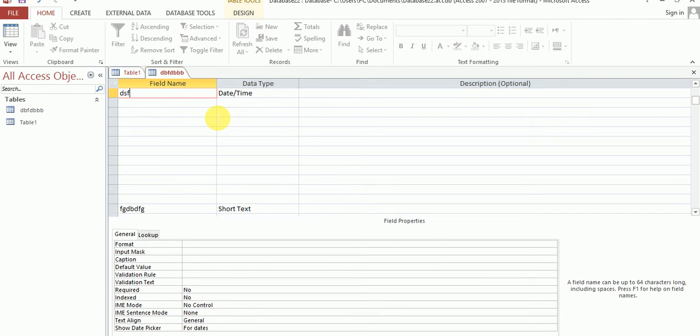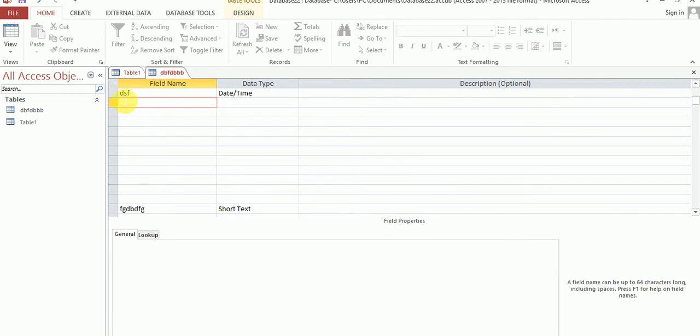You can insert a new field and delete any field. You can also change the name, data type and other parameters of the field. So it's called modifying. Modifying means you can insert a new field, and new field means new row. Actually it's called a row. So you can insert a new row in your table and delete a row from your table, and change the table header name. The table heading name, this one is Table 1, this one is something name. So you can change the field name.